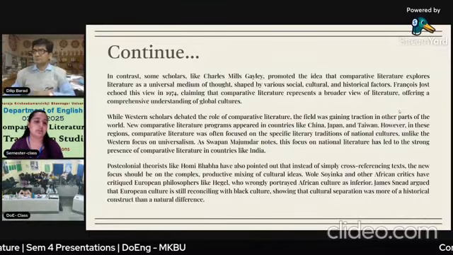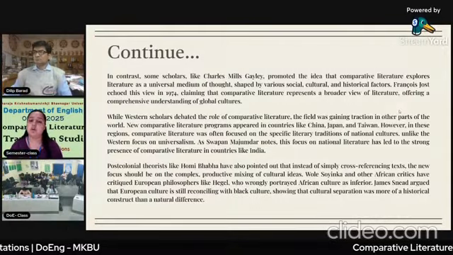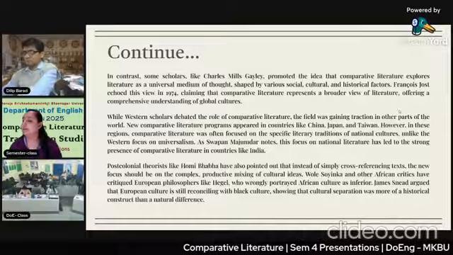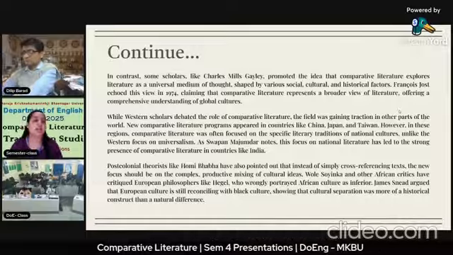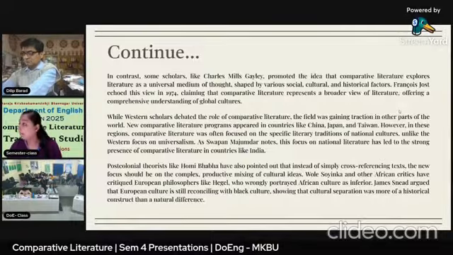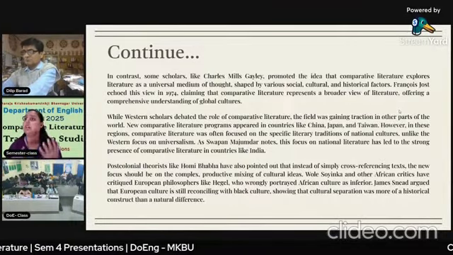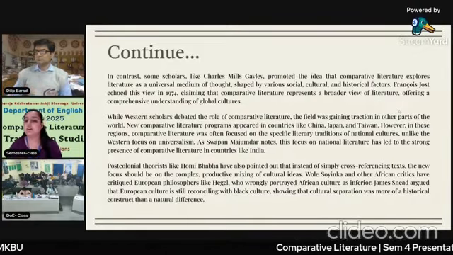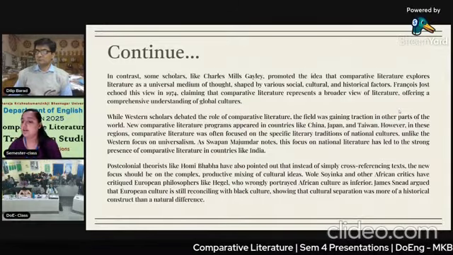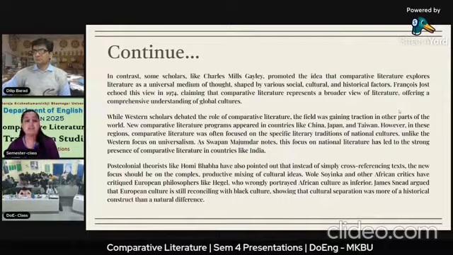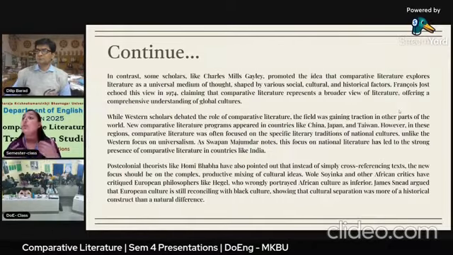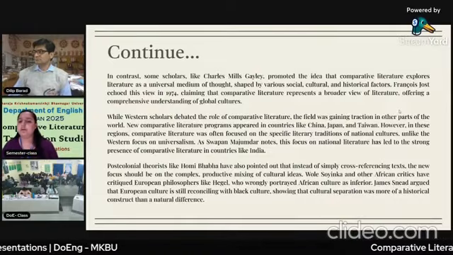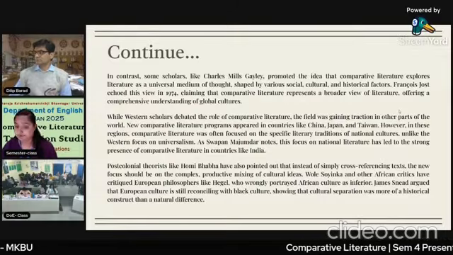Post-colonial theorists like Homi Bhabha have also pointed out that instead of simply cross-referencing texts, the focus should be on the complexity of the work and the literature. So, in the productive mixing of cultural ideas, Wole Soyinka and other African critics criticized European philosophers like Hegel, who wrongly portrayed African culture as inferior.